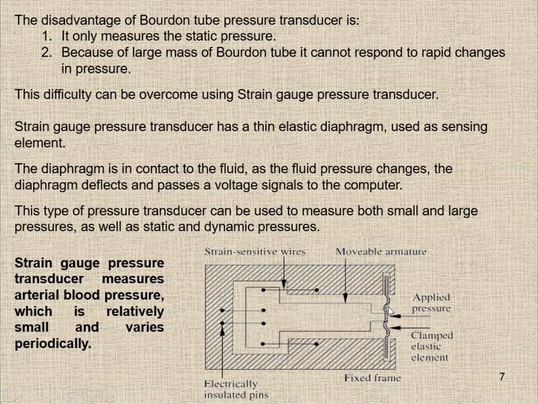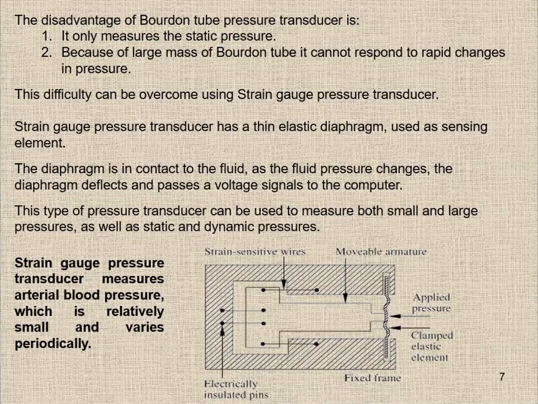As it deflects, there is a movable armature. It moves, and then there are strain sensitive wires. They contract and expand according to the movement of this armature, and from here they transfer the signal through the wire to the computer. So this type of pressure transducer can be used to measure both small and large pressure, as well as static and dynamic pressure. You can read in detail, or you can view some of the videos